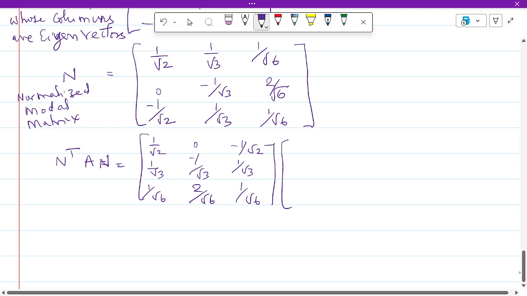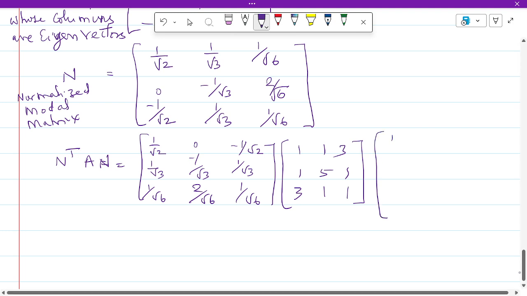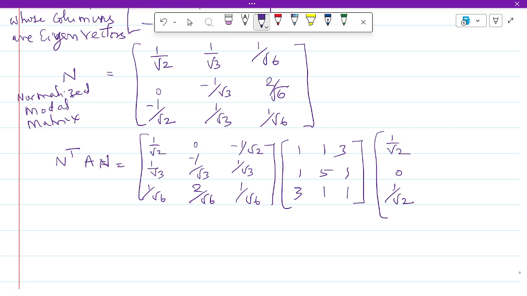A is that matrix 1 1 3, and then 1 5 1, 3 1 1. And then N is 1 by root 2, 0, minus 1 by root 2, 1 by root 3, minus 1 by root 3,